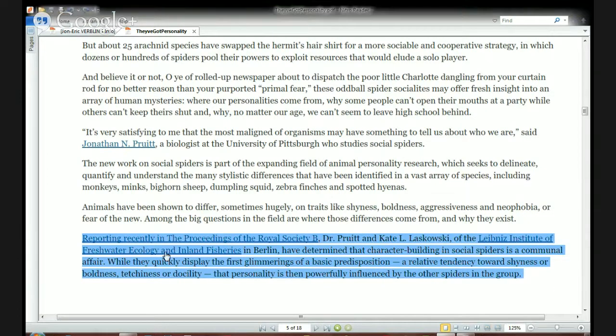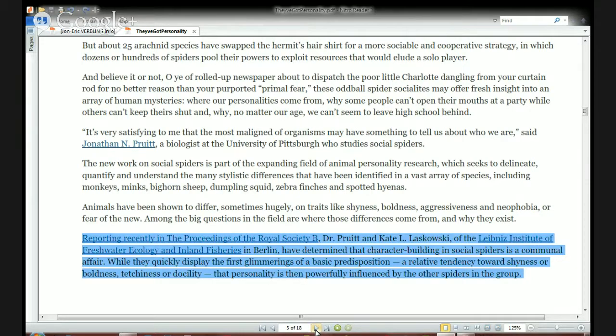So Luo, why don't you pick it up in the next paragraph here, and we'll continue to the next page as well. Yes, reporting recently in the Proceedings of the Royal Society B, Dr. Pruitt and Kate L. Laskowski of the Leibniz Institute of Freshwater Ecology and Inland Fisheries in Berlin have determined that character building in social spiders is a communal affair. While they quickly display the first glimmerings of a predisposition, a relative tendency,